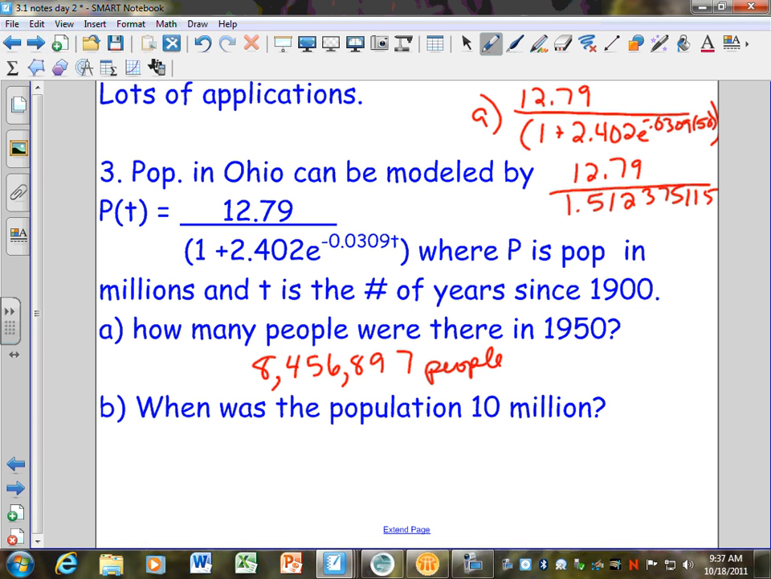Henry, did you get yours to work? Yeah. When was the population 10 million? Now,